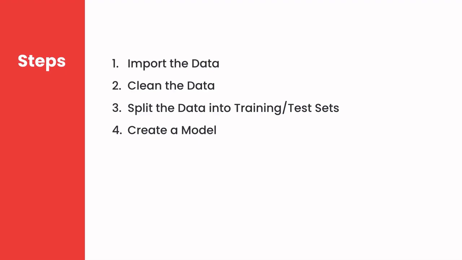The next step is to create a model, and this involves selecting an algorithm to analyze the data. There's so many different machine learning algorithms out there, such as decision trees, neural networks, and so on. Each algorithm has pros and cons in terms of accuracy and performance. So the algorithm you choose depends on the kind of problem you're trying to solve and your input data. Now, the good news is that we don't have to explicitly program an algorithm. There are libraries out there that provide these algorithms. One of the most popular ones, which we're going to look at in this tutorial, is scikit-learn. So we build a model using an algorithm.